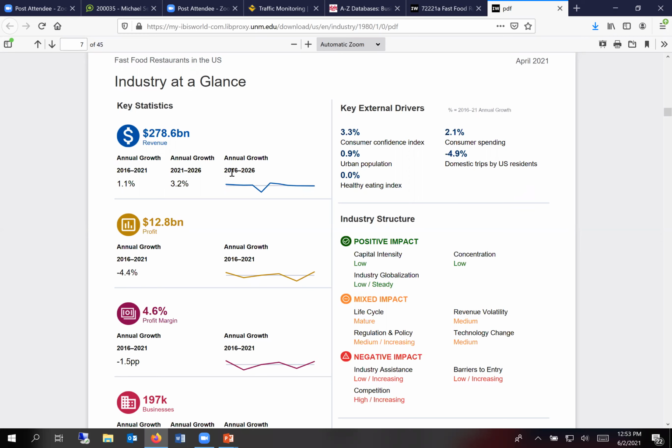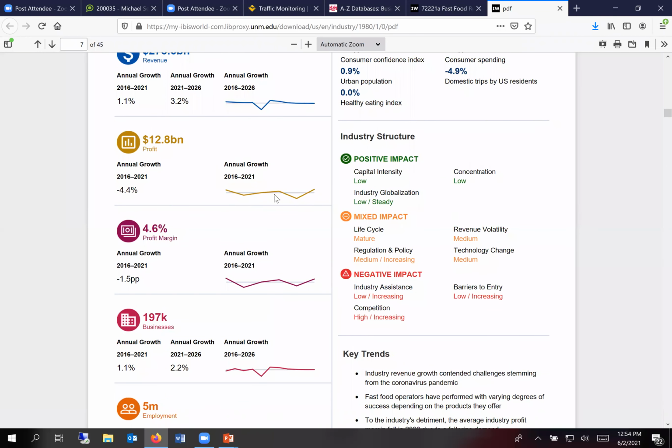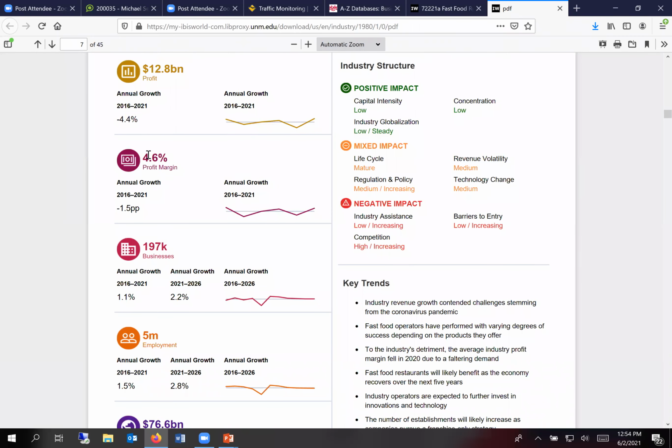Let's see what revenue is slated to do. So between 2016 and 2026, revenue looks like it's slated to stay about the same. It doesn't look like they're giving a percentage or wanting to speculate on that quite yet. Profit looks like it's going to grow in this industry between 2016 and 2021. The profit margin in this industry is 4.6%. So that means for every dollar you bring in revenue to the business, you're putting 4.6% into profit. That's better than a secure bank investment for sure. A CD comes to mind, and it looks like that's going to grow between 2016 and 2021.